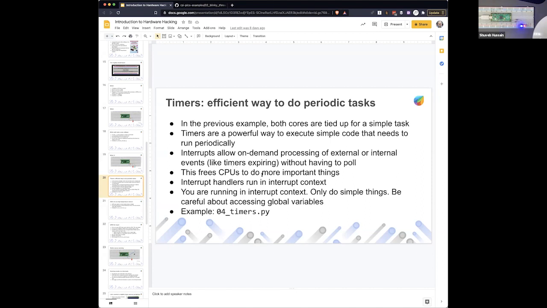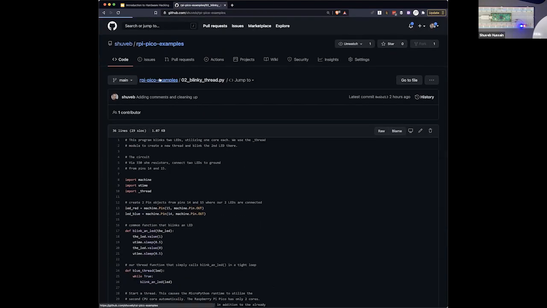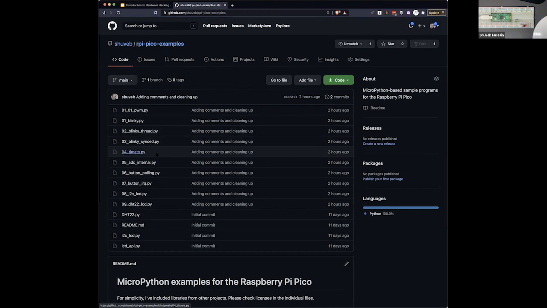The beautiful thing is that it frees up the CPU, because the CPU can continue doing other tasks. Whenever you want to do something periodically, you can use a timer interrupt to do it. Timer interrupts are actually used by operating systems, for example, as TCP/IP timers to retry sending packets, or to do task switching itself, and stuff like that. We do all kinds of stuff using timers. But let's look at an example where we are using a timer to blink an LED.